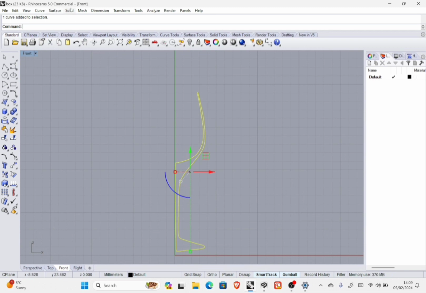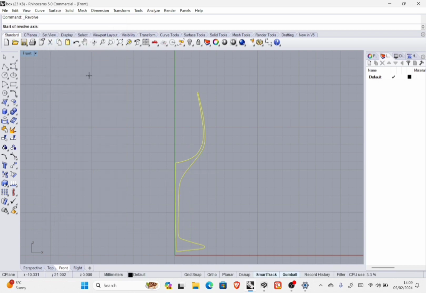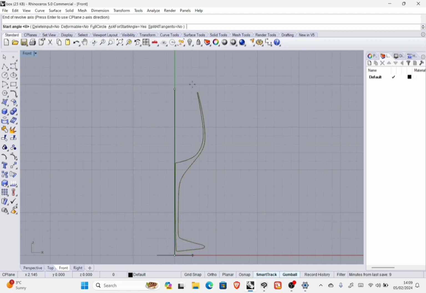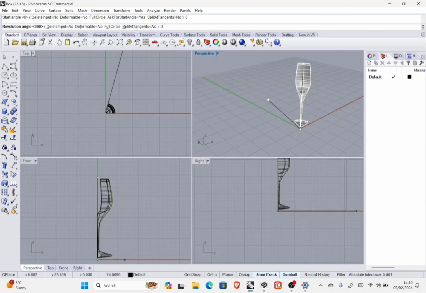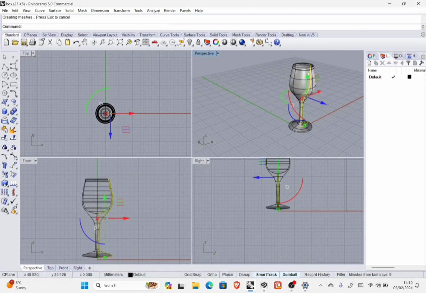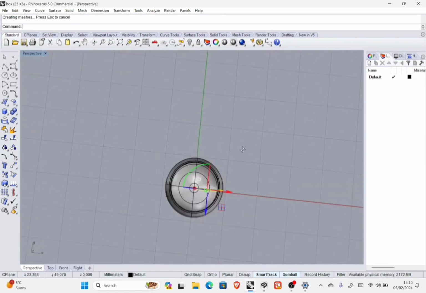The same process: go to surface, select revolve. Start of revolve axis is 0, click on 0, and then hit enter. End of revolve axis is above your line or your curve. Hold down shift on your keyboard and then click to select. Start angle is 0, you press 0 and then hit enter, and then revolution angle is 360, so you type 360 and then hit enter, and voila, you have your wine glass drawn with the hole in it, everything perfect,